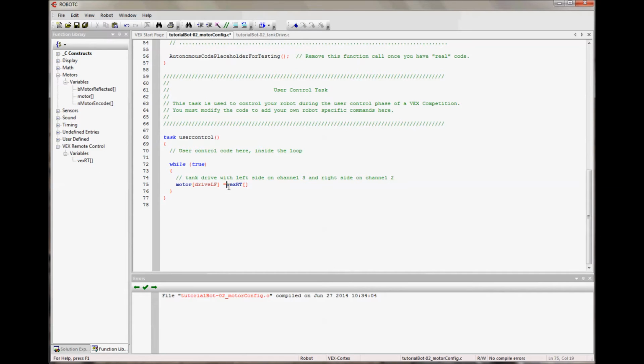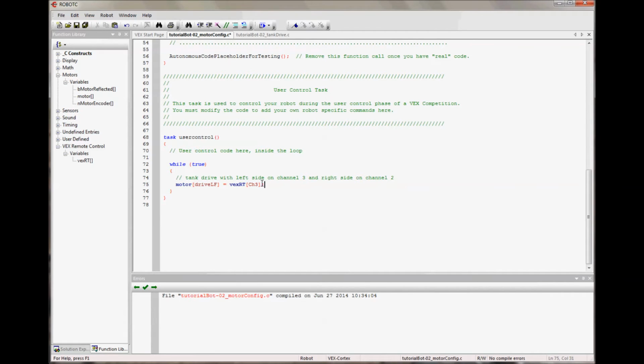a signal. And if I click in here, yeah, sometimes it doesn't work. But if I start typing channel, it will give me all the channel options. And you'll see I did a lowercase c, but if I click here, it corrects it for me. C is case sensitive, and it needs all the right bits of text in place in order to work correctly. And the one that you miss most often is forgetting to put a semicolon at the end of each statement. So this is going to tell my left front motor to go at whatever speed is coming from the signal